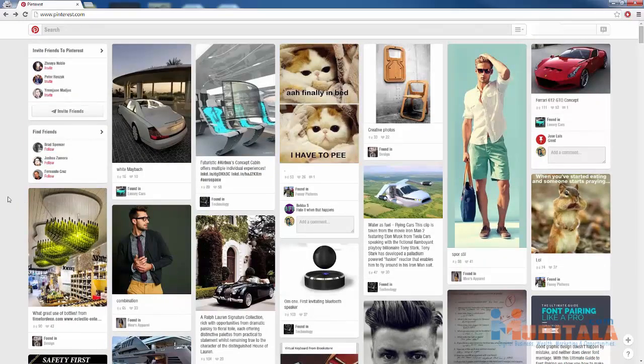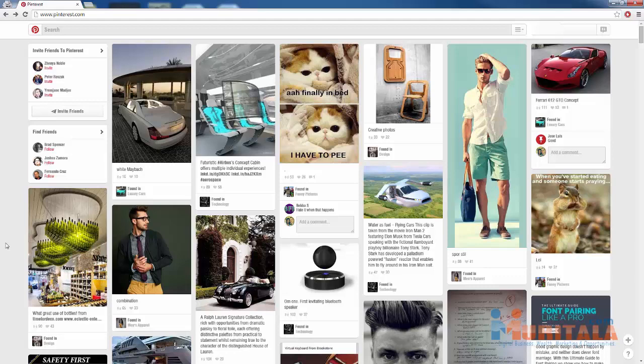And if I was to follow your board, for example, I would see whatever you post on your board here. So the strategy that we're going to use is we're going to create our own board that is related to our niche. And inside of that board, we're going to be pinning our squeeze pages and any other information that we want to pin that directly relates back to our website. And then we're going to spread the word of that board around to related websites and things like that so that we can grow our followers. And it's almost like you're building a list of people, all right?